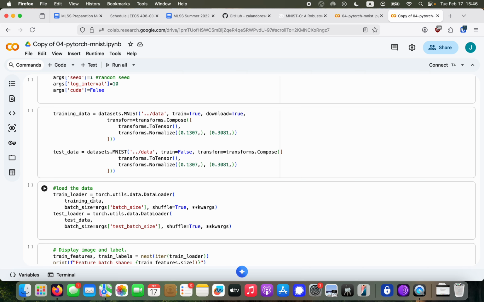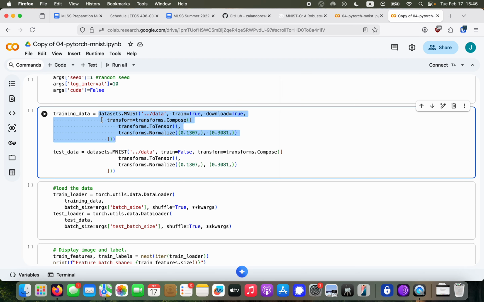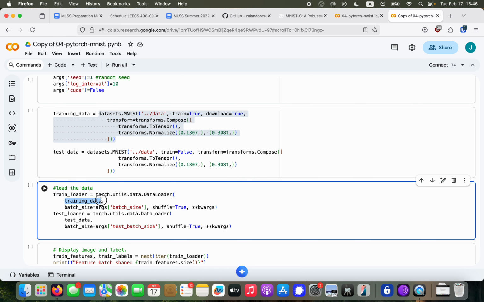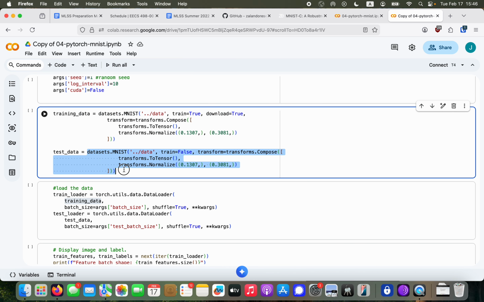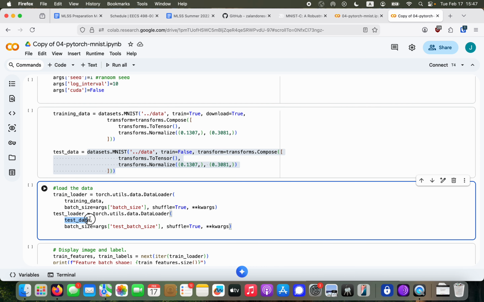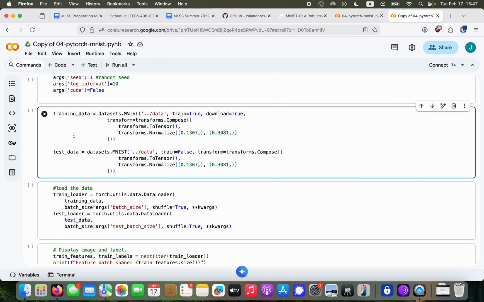I separated the training. So just to be clear, this part that now corresponds to the training data variable was originally directly in the train loader line, replacing this particular part of the train loader line. And similarly, this part here, which I'm highlighting right now, was originally in place of test data in this part. So I felt that separating out the variables might make it a little easier